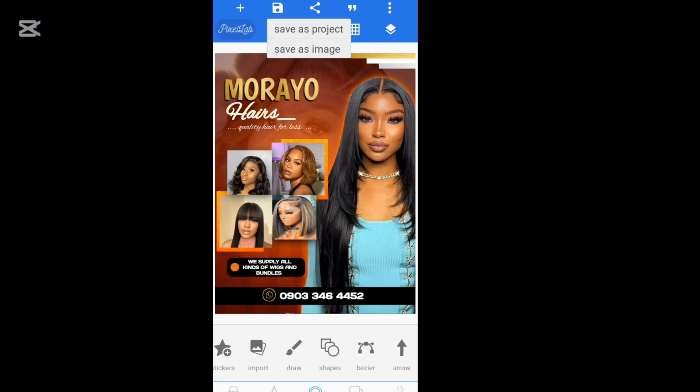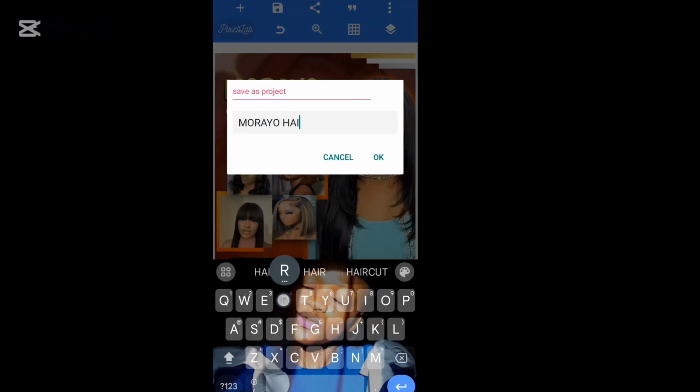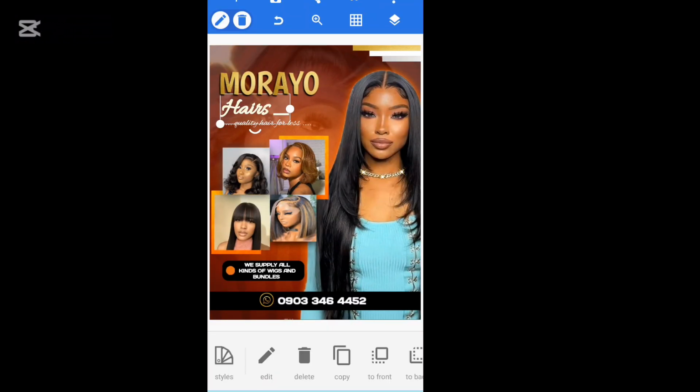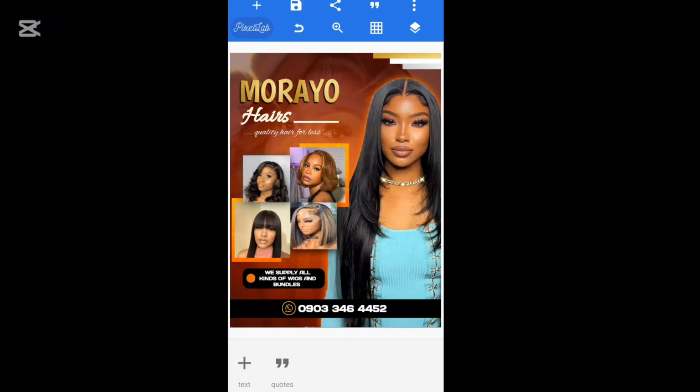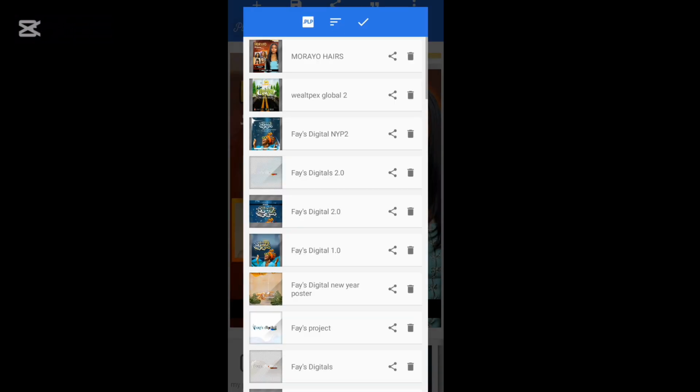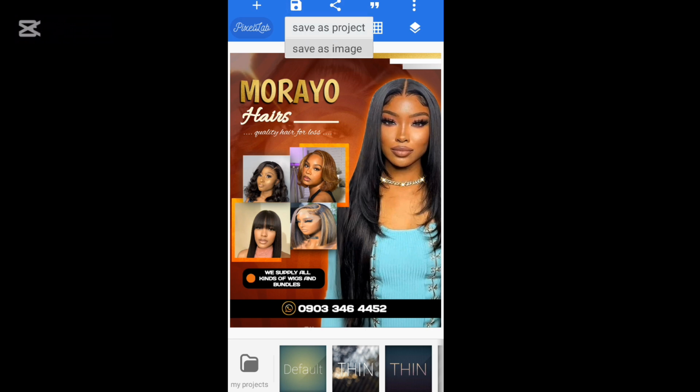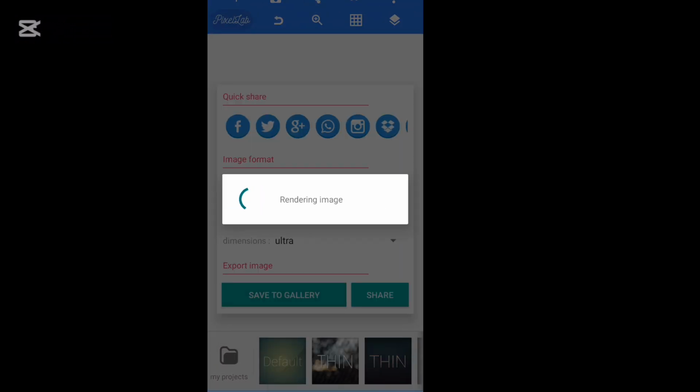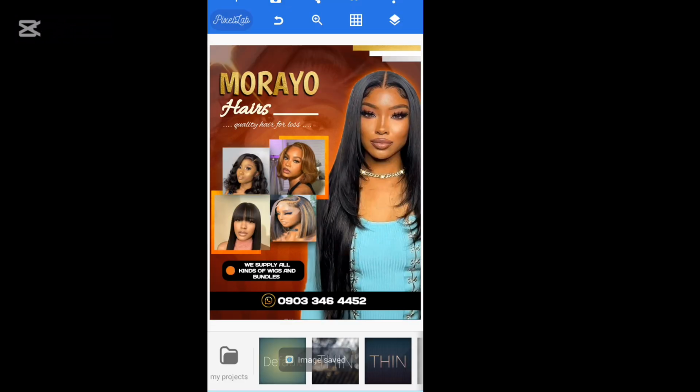Right, if you've checked your design and you notice that there's no mistake, of course, all you need to do is to save it. Save it wherever you want to save it, and you are good to go. And after that, you're going to save as image too, because you have to send it to your client. You have to save as image, and I saved it as PNG, and I chose high quality. So this is the